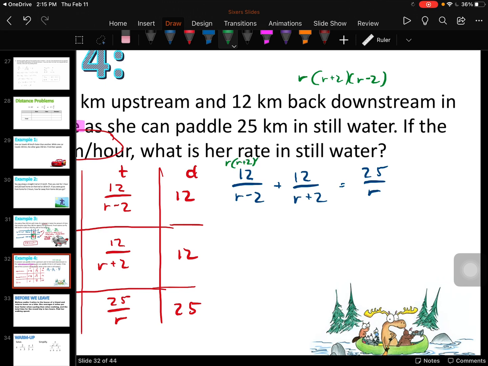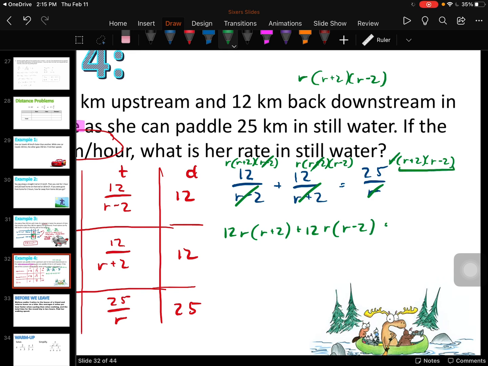R plus 2, r minus 2. And then we can cancel out. Here the r minus 2's go. Here the r plus 2's go. Here the r's go. So I have 12r times r plus 2 plus 12r times r minus 2 equals